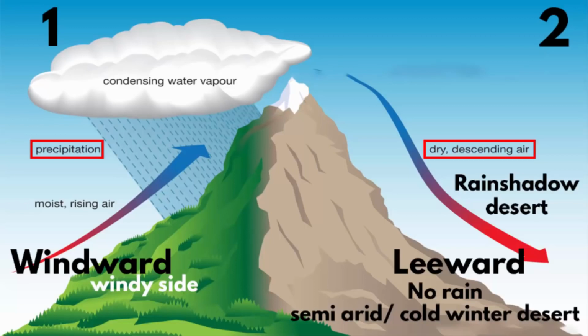When moisture hits a mountain range, it is forced to rise. As a result, the air cools and forms cloud. Because of that, it rains on the windward side of the mountain. After that, when the air moves over the mountain top and begins to descend on the other side, there is very little moisture left. That descending air warms up, making it difficult to form clouds. Hence, there is no rain on the leeward side of the mountain. So the region on the leeward side of a mountain becomes a desert.